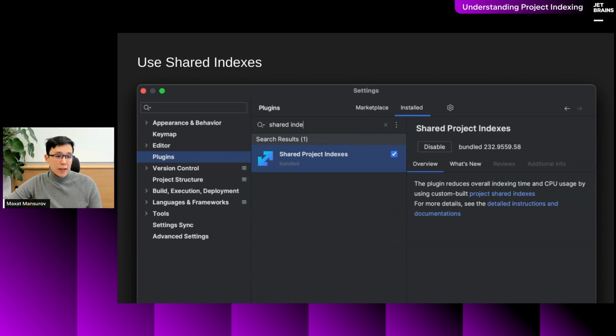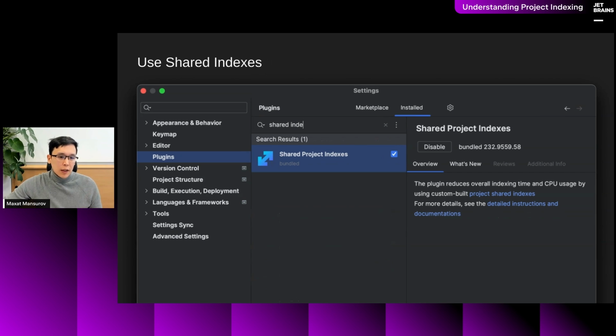Yeah. The next tip is to try to use so-called shared indexes. Those are useful, especially in cases when you have a large team that is working on the same project with the same libraries and so on.